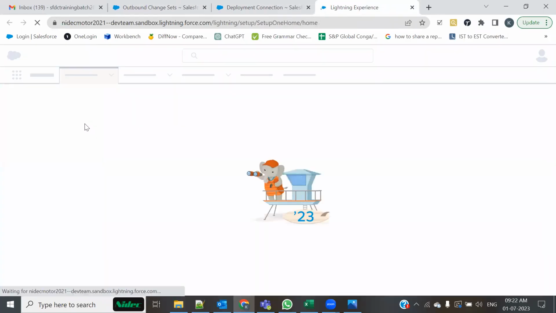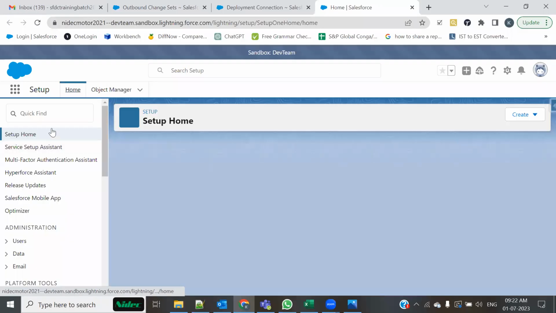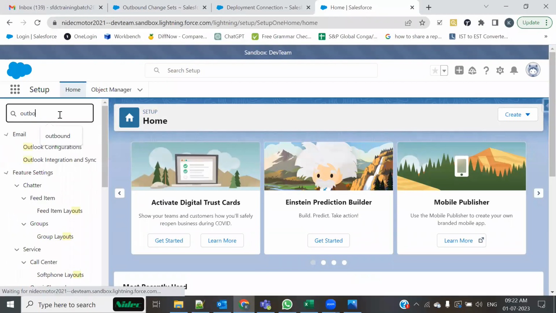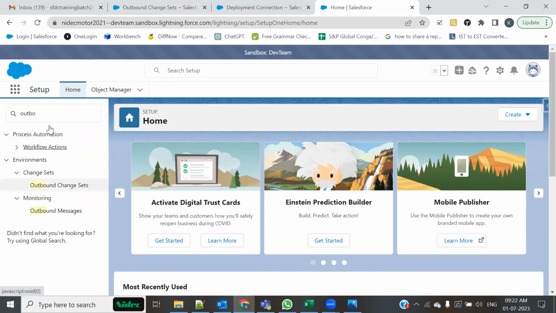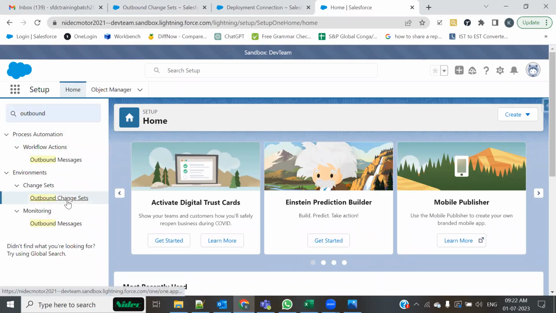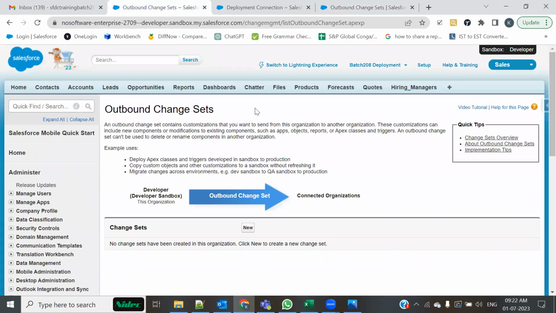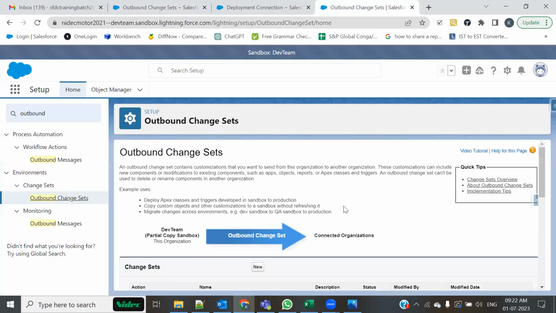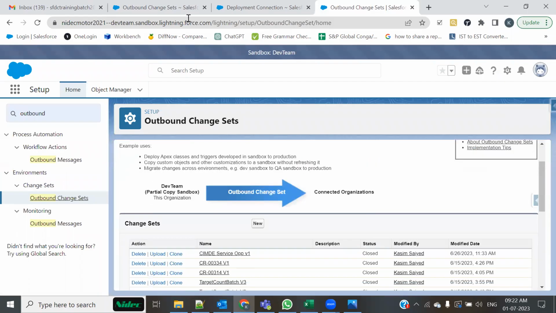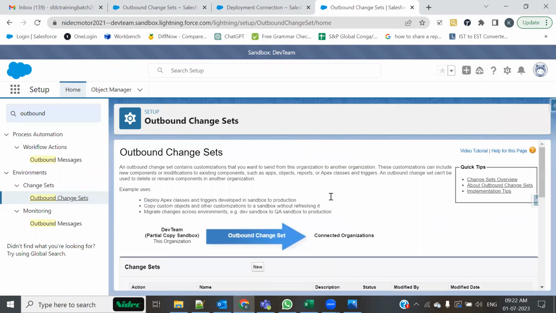Let me side by side show you the real things. So if I click on outbound change set, like I did over here, the list is blank here, of course it has to be. See the same interface, Lightning or Classic. Do you find any differences? No. I told you it's only a navigation difference. Otherwise